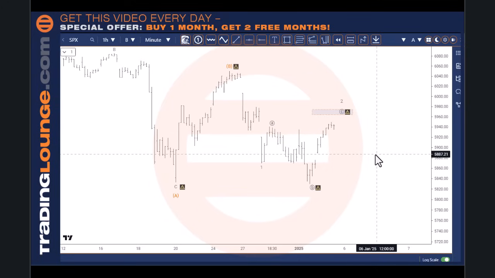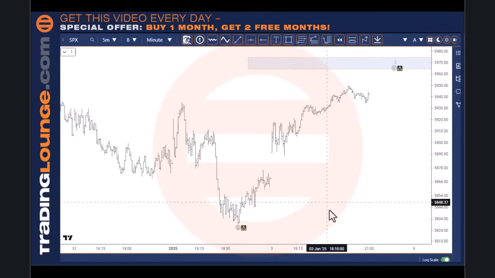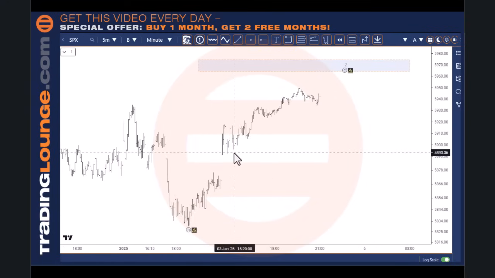So we'll just give this another session. Now, don't think that you're missing anything, because this little trend up here looks like a nice 5 waves up so far. I'll just put it on 5 minutes here. I can see from this, using this tool, that it's a little bit messy, but obviously this will be the 3rd wave in the middle here.